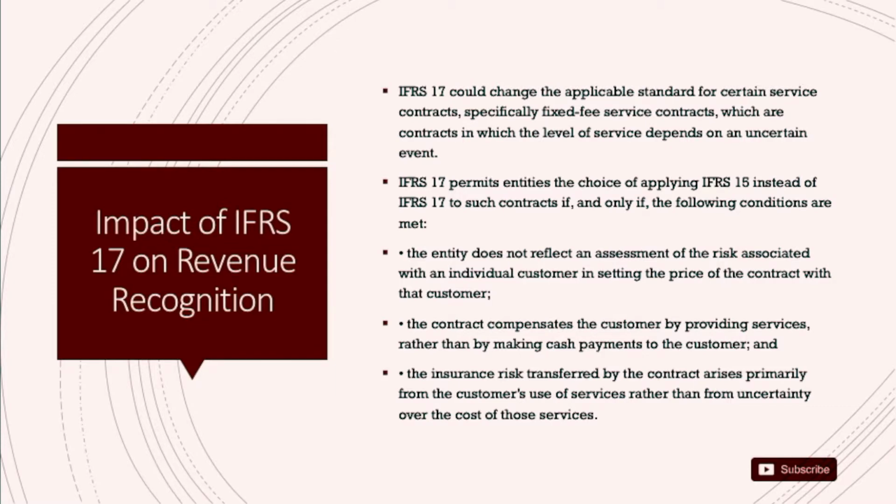IFRS 17 permits entities the choice of applying IFRS 15 instead of 17 if certain conditions are satisfied. The first condition is the entity does not reflect an assessment of risk associated with an individual customer in setting the price with the customer, which means it should be for the general public as a whole. And the contract compensates the customers by providing services rather than just making the cash payment, and the insurance risk transferred by the contract arises primarily from the customer's use of services rather than just uncertainty over the cost of